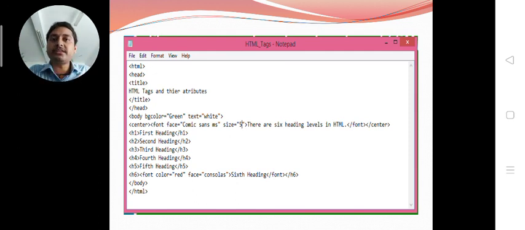So here in the H6 heading, you are seeing we have written the 6th heading, but before that we have defined a font tag with attributes of color and font face. We are changing the font face, we are changing the color, so it will be followed. So pay attention here. This is also a very important property of HTML, and it will help you make your documents more effective. Now the font tag is closed, H6 heading is closed, body closed, HTML closed.